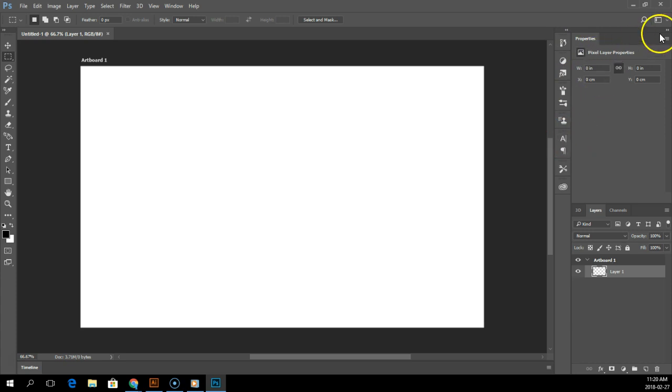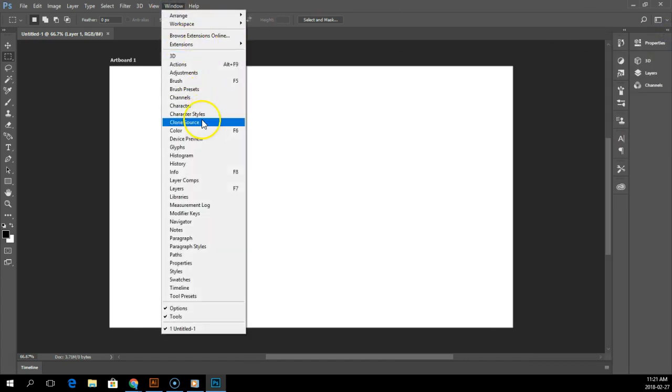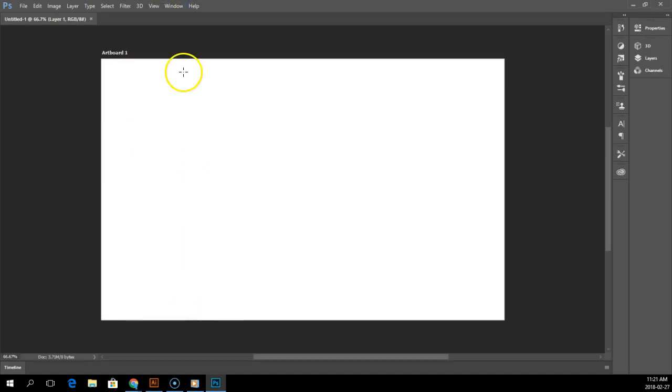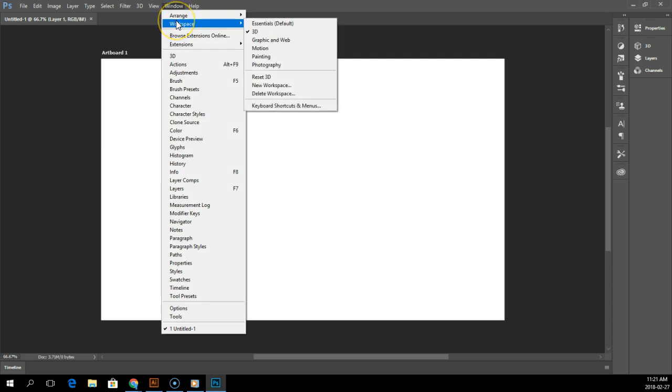But it's really important to go through and just navigate and get a feel for the Photoshop workspace before you start. This can happen sometimes where students come in and they start looking at the page and they can't find anything. Everything's disappeared. They can't find their toolbar on the left. They can't find the top toolbar, and they're struggling, not knowing what to do. So an easy way to fix this is to go to the top of the page, go to Workspace,